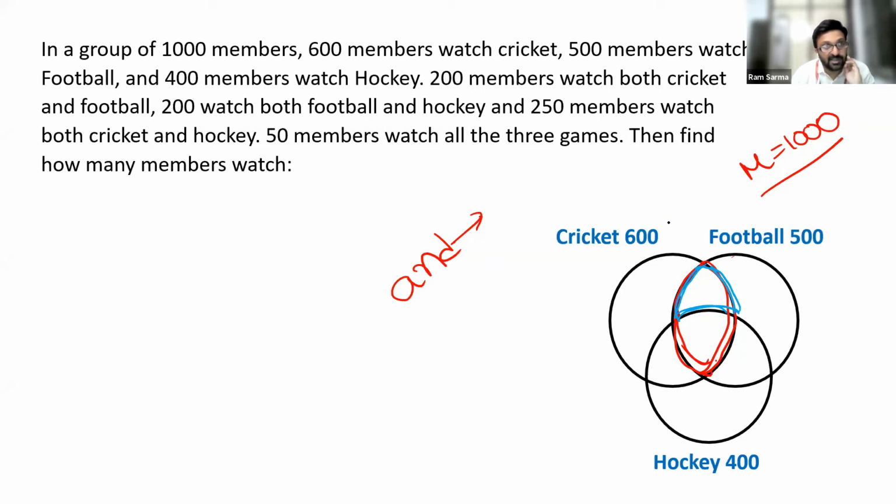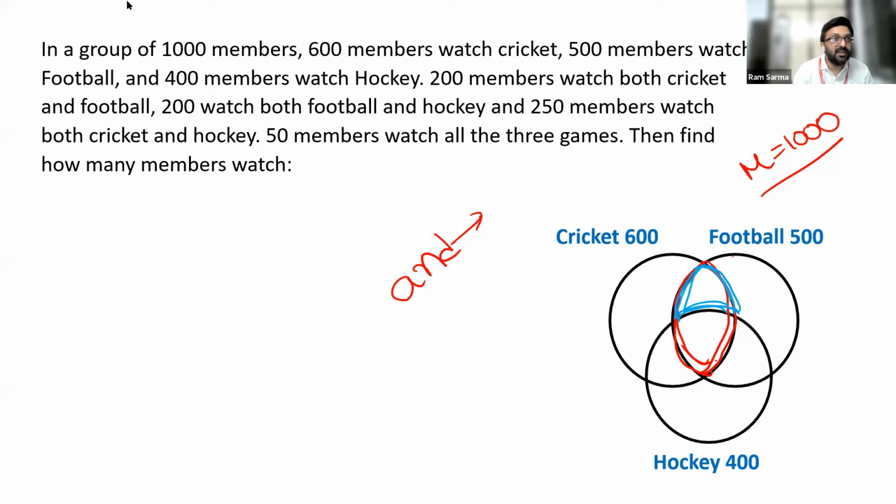Yes. Now, the area highlighted in blue color is about only cricket and football. So this is the portion where people like only cricket and football. It means that they should not like any other game except these two. So this is what we need to understand. Fine. So that's the difference between these two. You need to notice this.